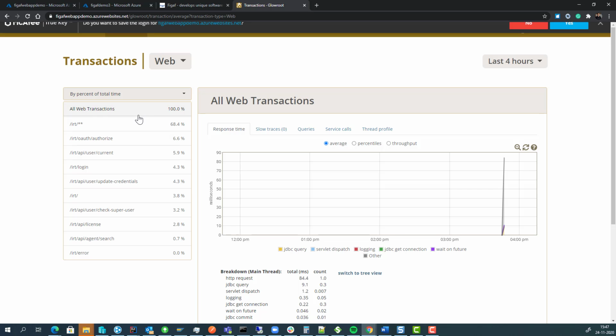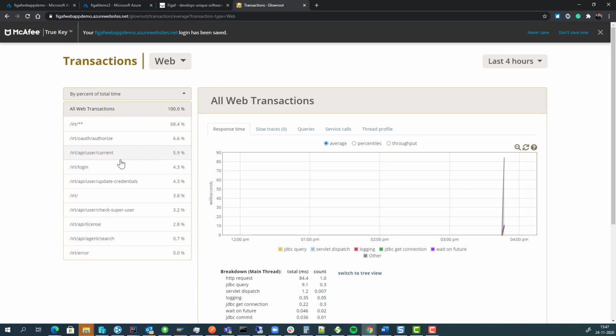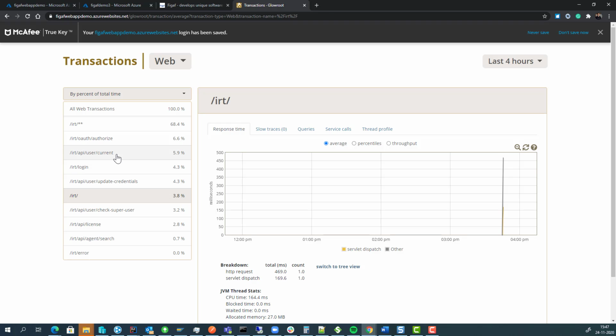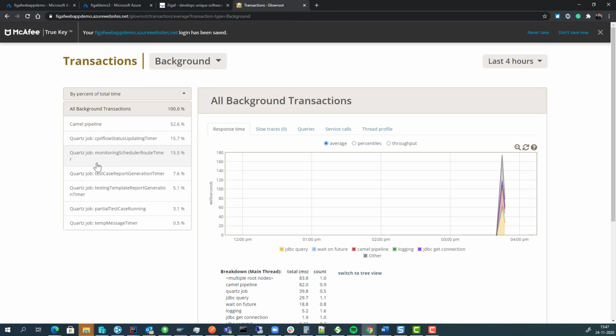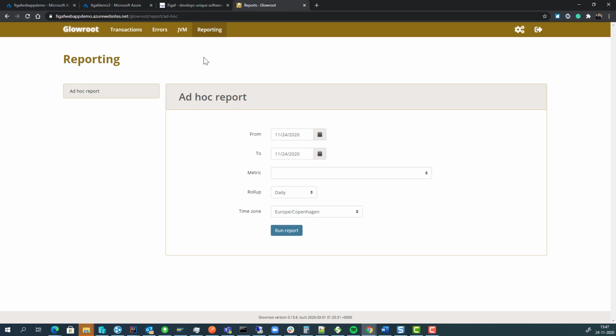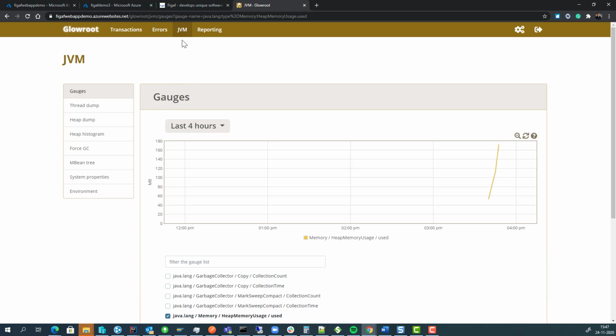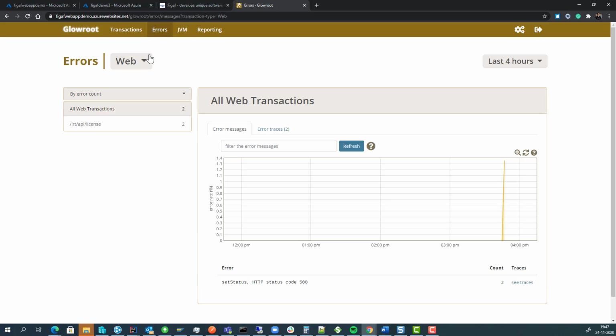And here you can go in and see what's going on. Are there any transactions that take too long? You have something about some of the background tasks, who is spending time in which area. And if you want to report any errors, you can see some JVM stuff here. If something fails, you also have an option to